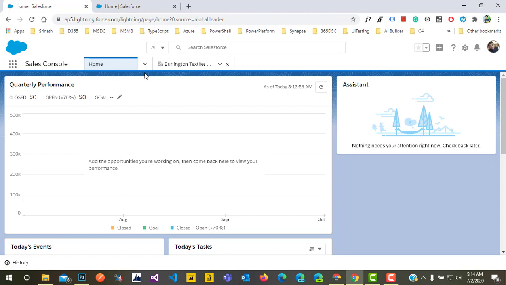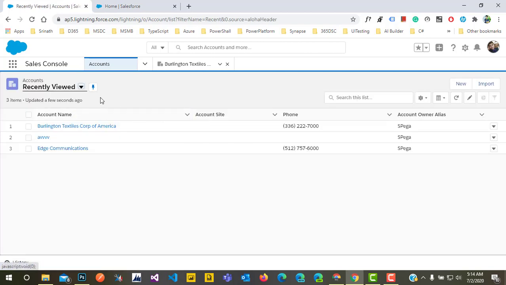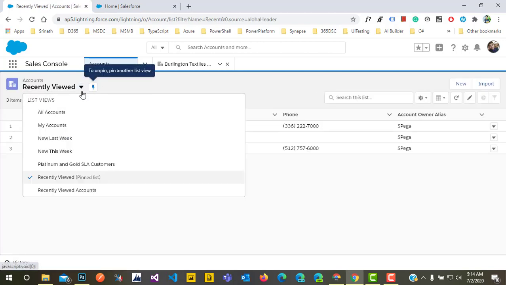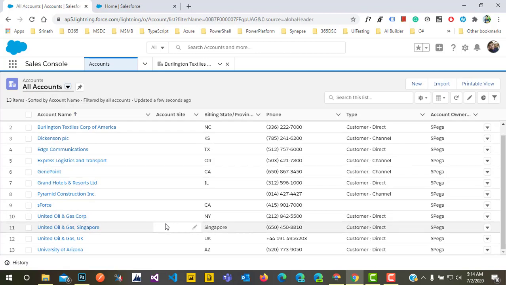As we get dashboards in the CRM, go to accounts now. So this is the view, it's pinned, so that's the reason why it's showing every time. This is how the entities are available in Salesforce. So how we customize entities, fields and relations in Dynamics, it's the same in Salesforce.